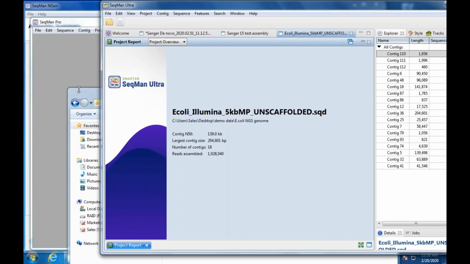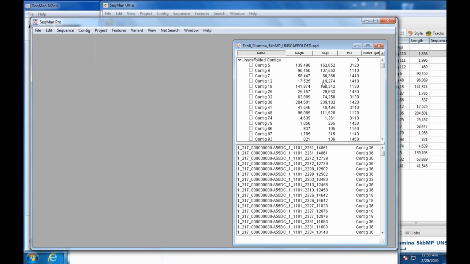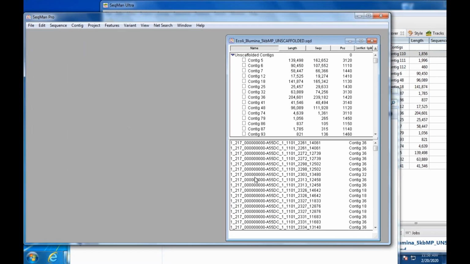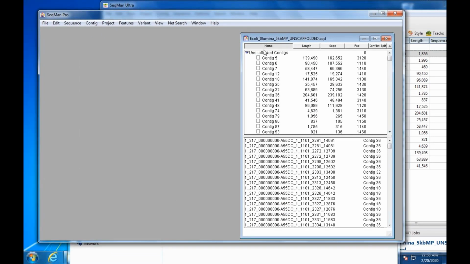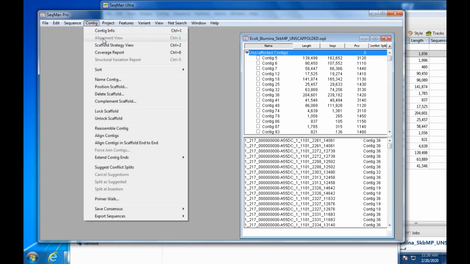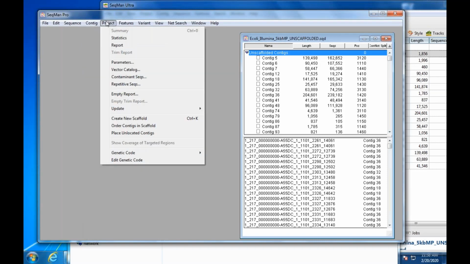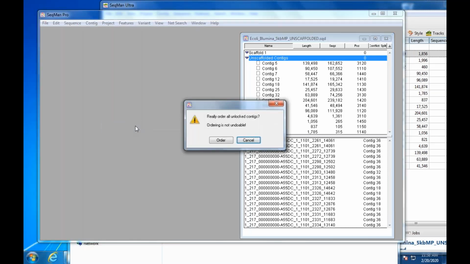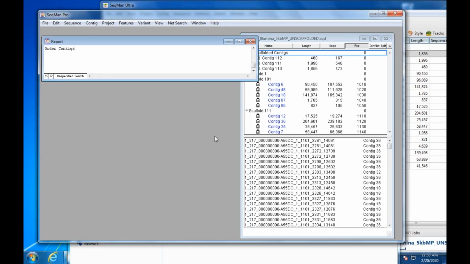And so we tried to take some of the tools and make them a little bit more discoverable. There are some changes here in how the menus are laid out. You can see that in SeqMan Pro, I have these unscaffolded contigs, and under contig, I have contig editing type things, but also under project, I have some scaffold creation. So I'm just going to create a scaffold here. Oh, excuse me, I want to order these first. So take that back. I'm going to go and order the contigs. It's going to read the pair information on the contigs